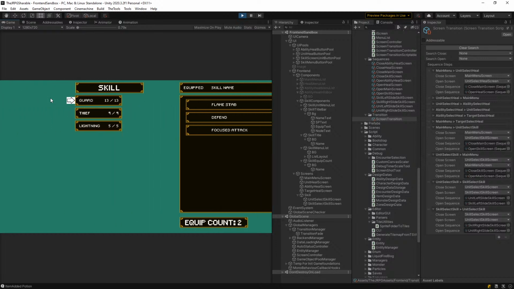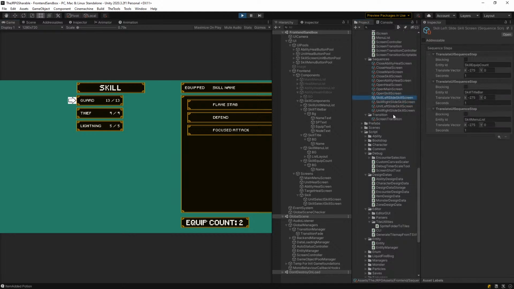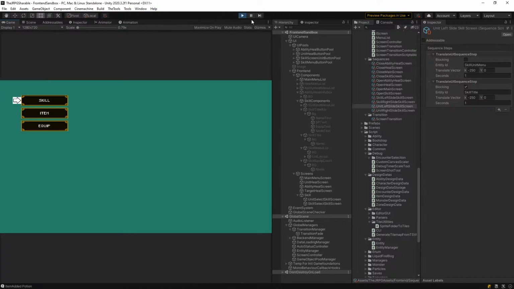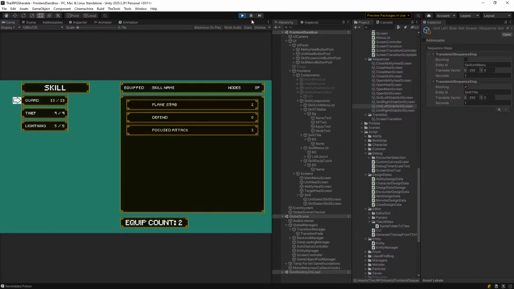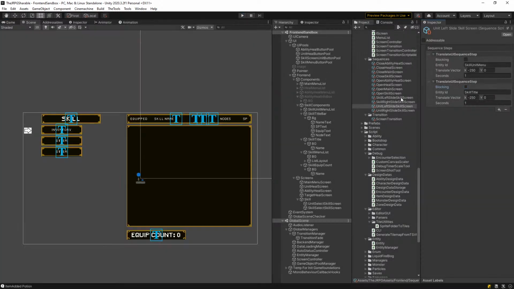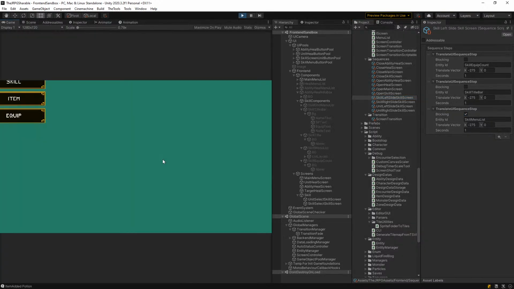If I go in, out, it breaks. This one needs to be blocking. I think what's happening is because none of the first left slides are blocking, it means that the sequences run and the next set of sequences run over top of them and they fight. That's the wrong one. This one, the skill one, needs to be blocking, because otherwise they move at the wrong speeds. Okay, so we go...